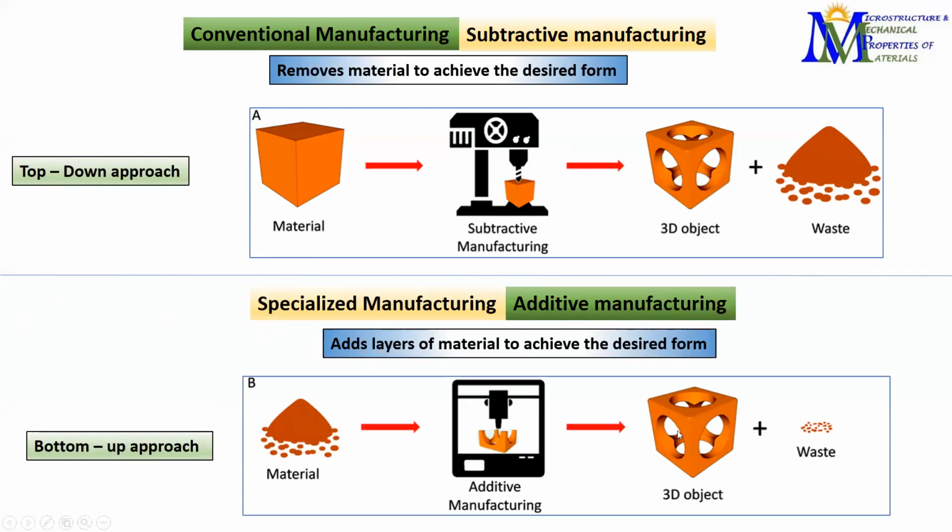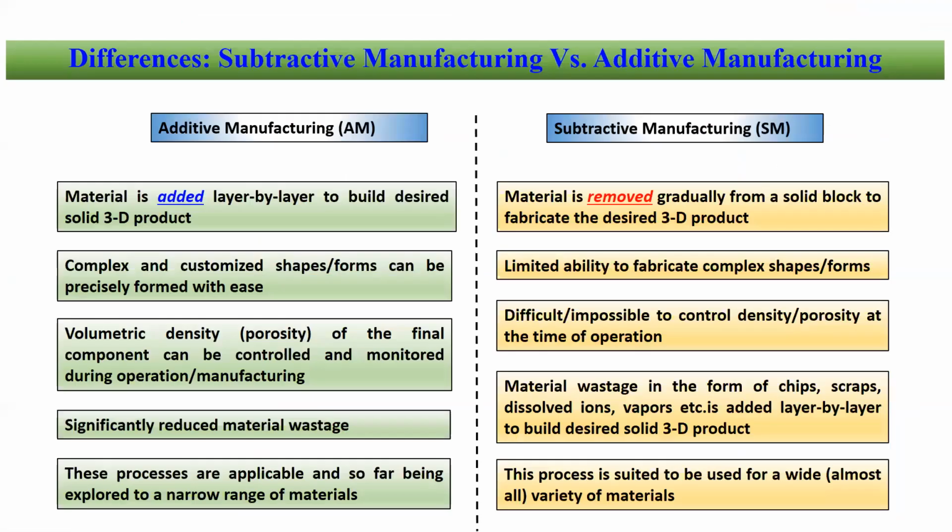So here also we are getting the same shape as the subtractive one, but as you can see, the waste here is very much less, and even the remaining powders can be used for any other kind of shape. So we are quite gaining, not only in getting a complicated shape, whatever we want, but also in reducing the waste. Okay, so this leads to additive manufacturing as our main focus, to explore more and more